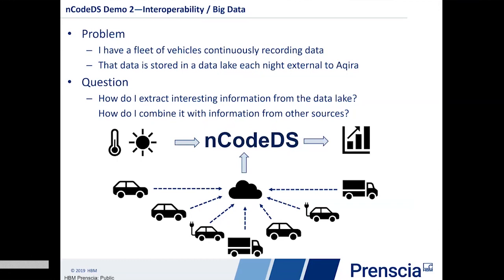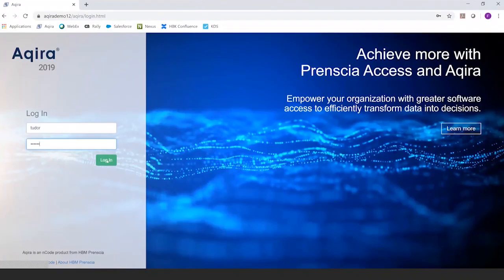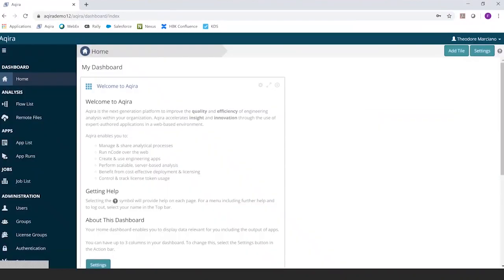Now I'm going to move to a demo in Akira. So in this system, we set up an external Influx database, which we will query using nCodeDS.